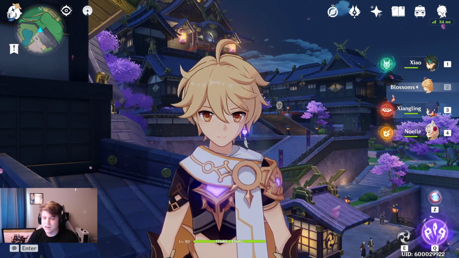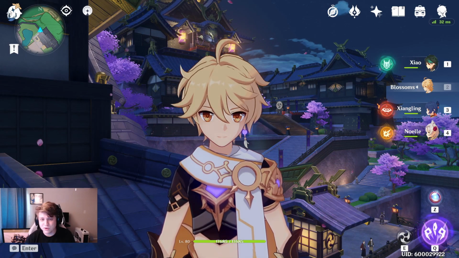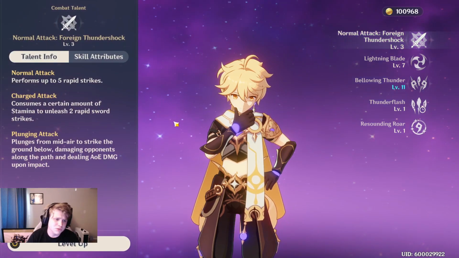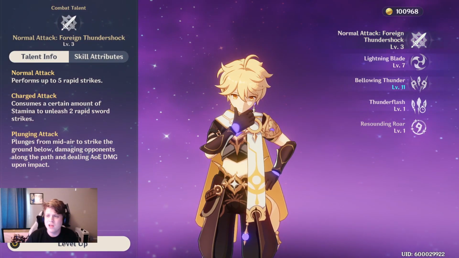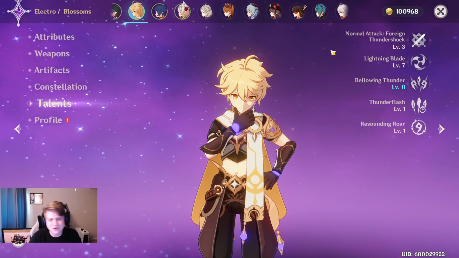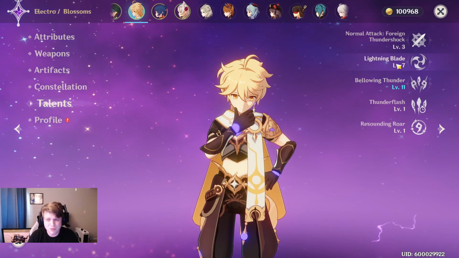You can always change your mind later, but other than that, let's go ahead and show off the Electro Traveler build. First of all, you're going to need to know how these skills work. The normal, charge and plunge attack don't really matter on him. I leveled it up a little bit because being at level 1 just bothered me, but you don't really need to level it all that much because you only really care about his E skill